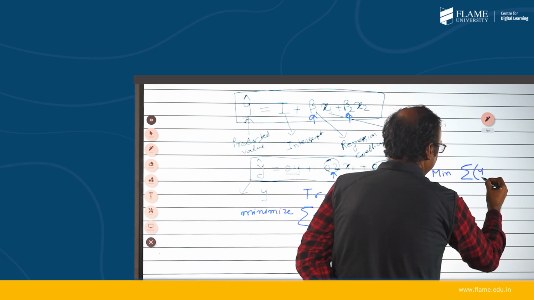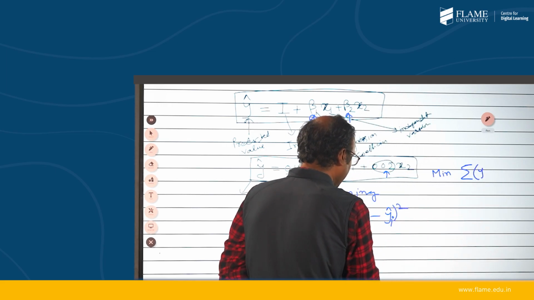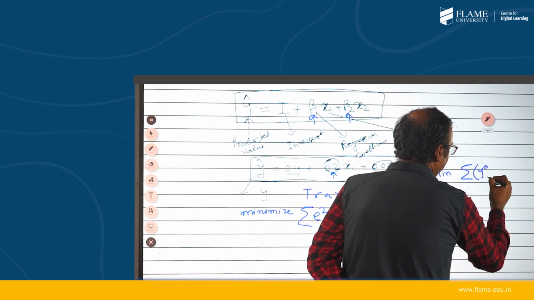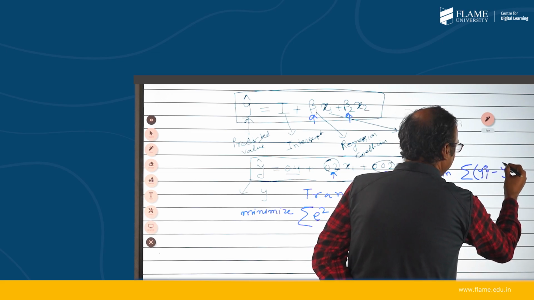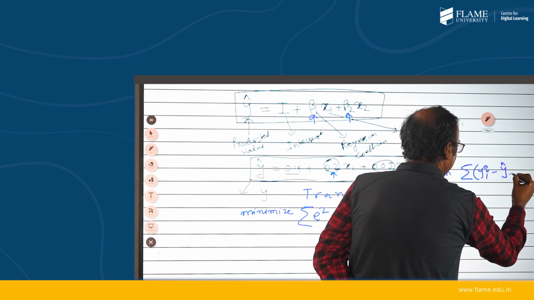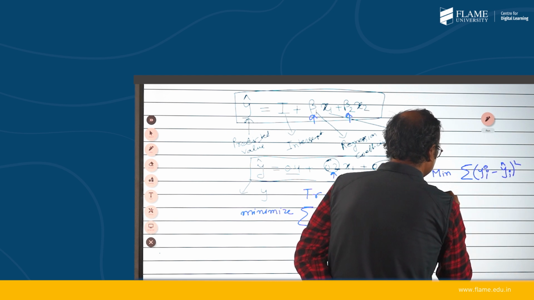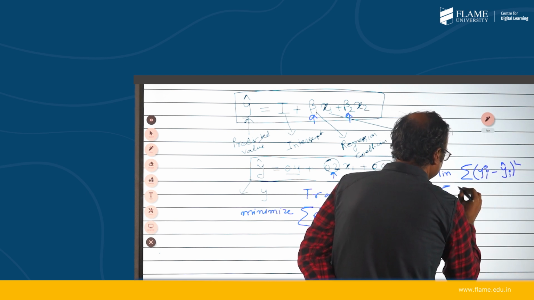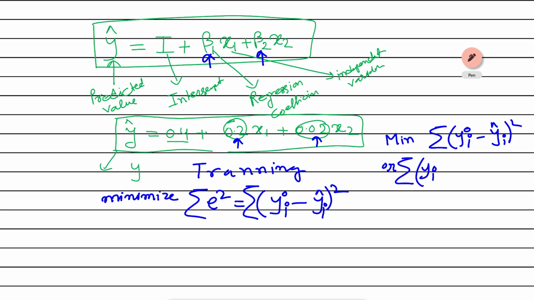Your yi, the original observation, minus your y prediction, squared, that is yi minus beta 1 xi, then minus beta 2